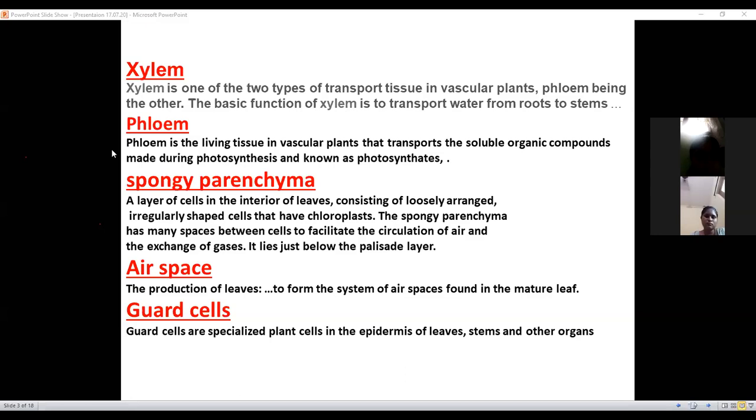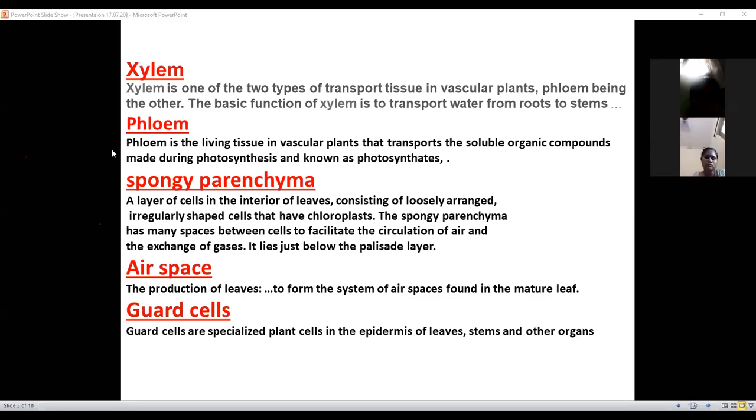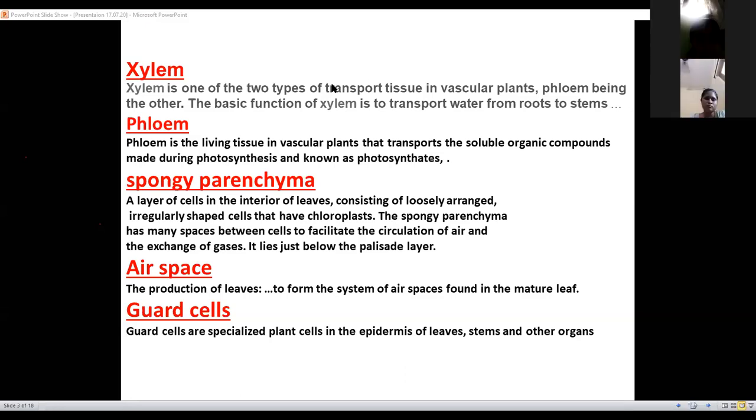Next, guard cells. Guard cells are specialized plant cells in the epidermis of leaves, stems and other organs. Okay? Next,